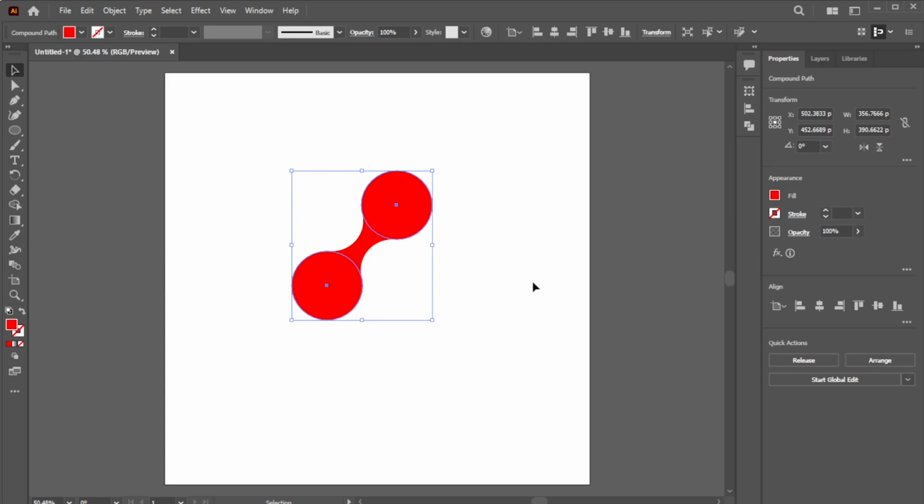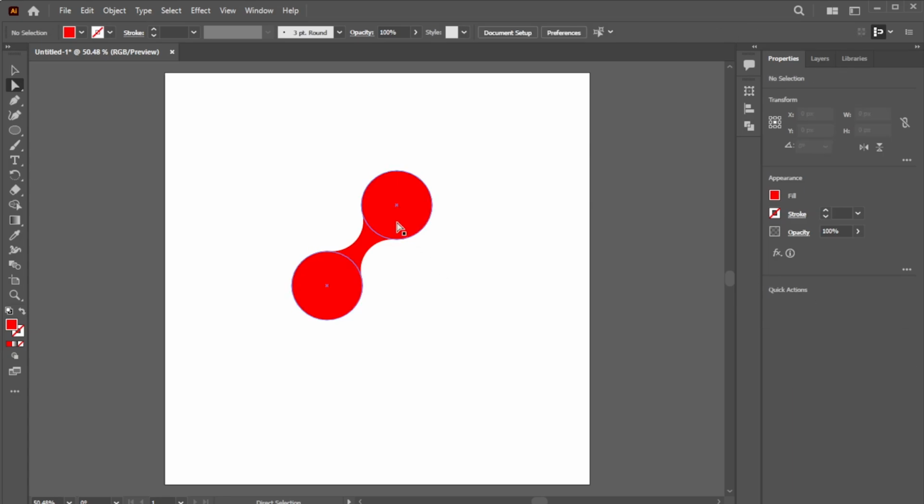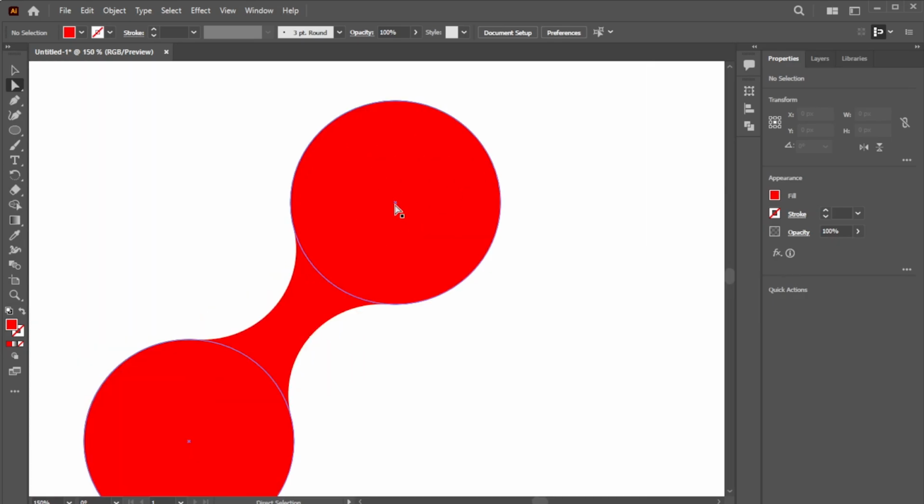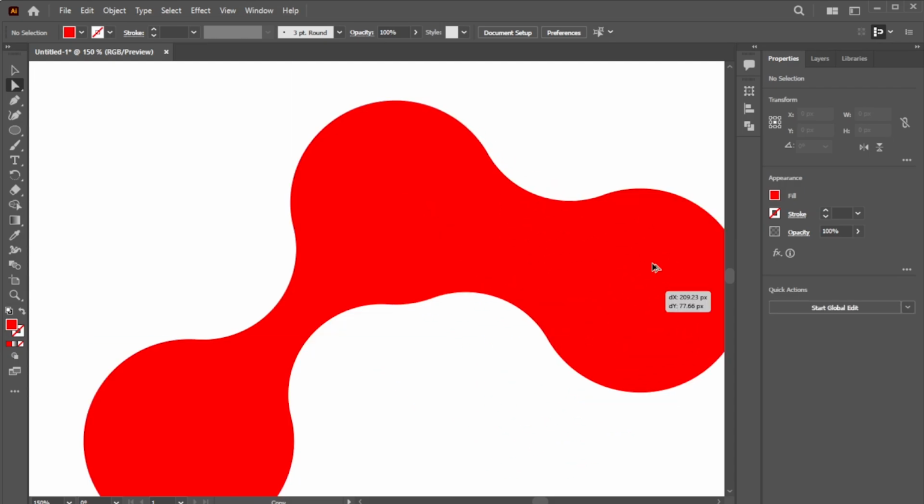To duplicate any circle within the compound path, activate the Direct Selection tool. Click any empty space on the artboard, hover your cursor over the circle you want to duplicate until the anchor point appears, hold the Alt key on Windows or Option key on Mac, then position the cursor over the anchor point, the small X-shaped icon in the middle of the circle shape, and drag it to wherever you want to